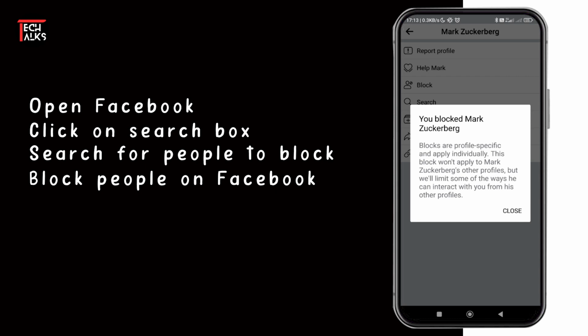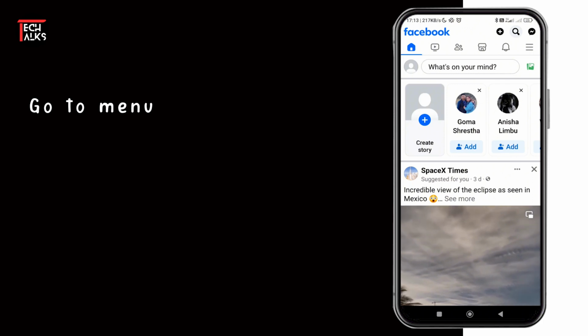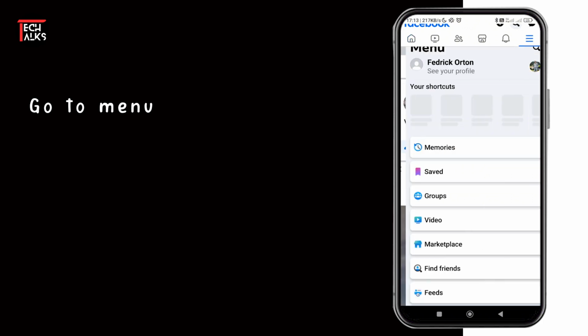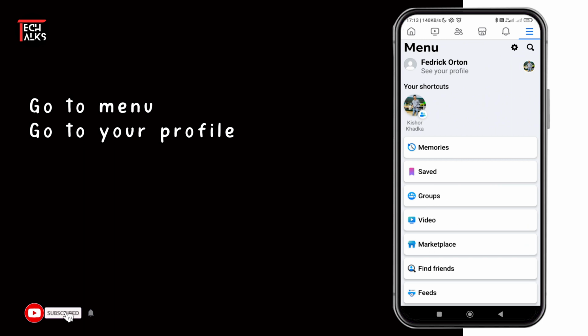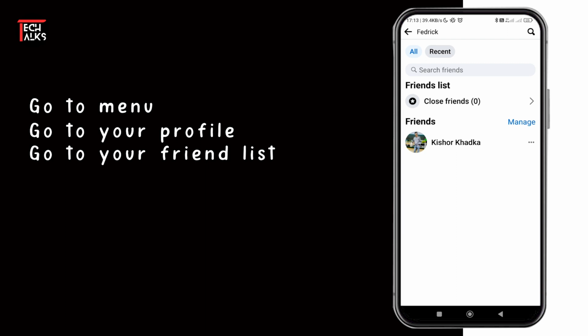To block people from your friend list, go back to your Facebook home page. Now click on the hamburger icon located in top right corner of your screen and then click on your profile. Here below your profile you can see friend tab, click on that. Here you can see list of all of your Facebook friends, so simply find any profile that you want to